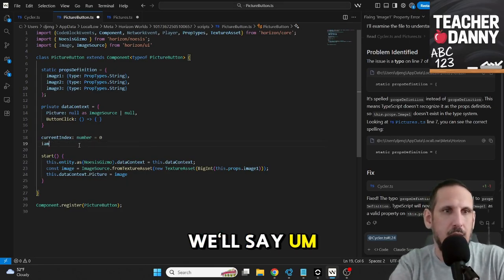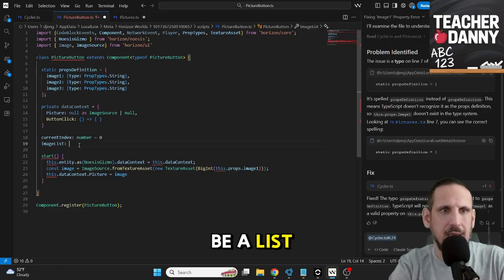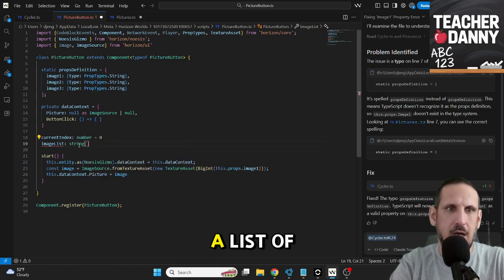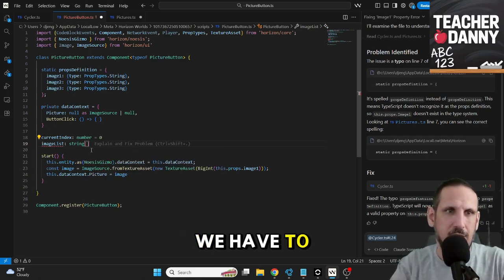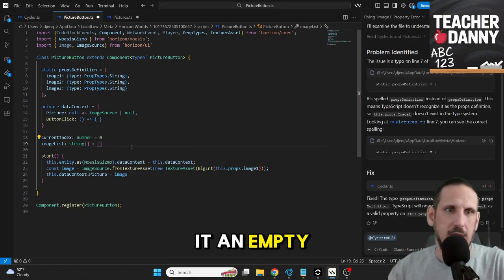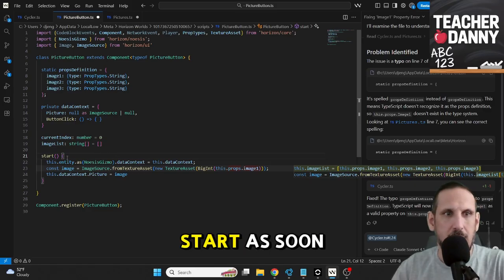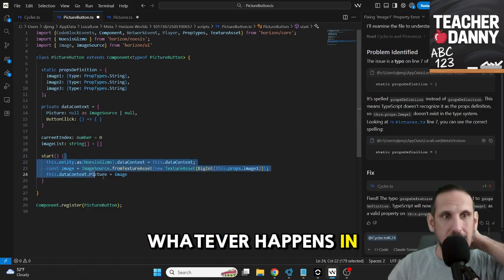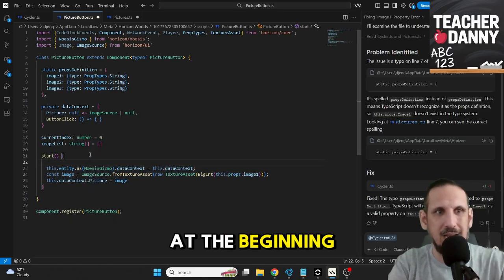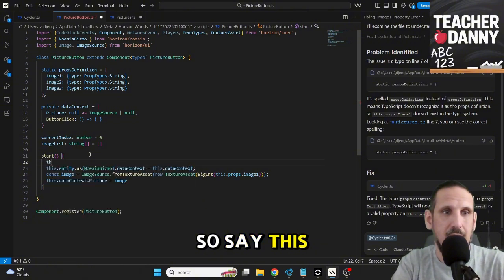We'll say image list, and that will be a list of what? Strings, right? And since it's a list of strings, when we tell it its type is string, we have to put the square brackets after it. Okay, so this image list is equal to, let's just make it an empty bracket. That means a list, but there's nothing in the list. As soon as the world starts, whatever happens in the start function happens. So I'm going to put something at the beginning of the start function, and we're going to set the image list. So we'll say this.imageList